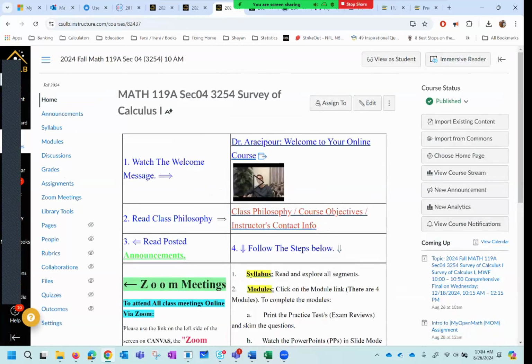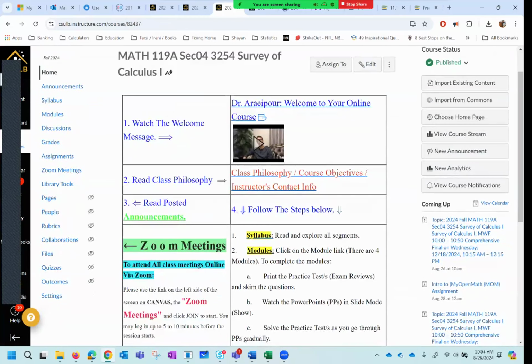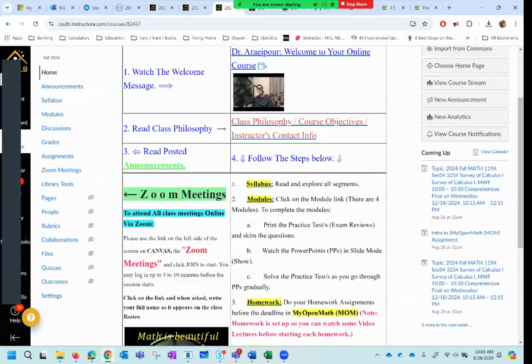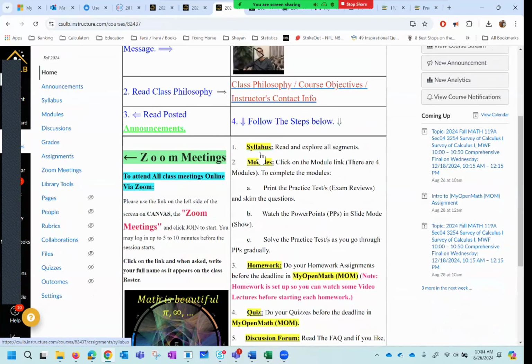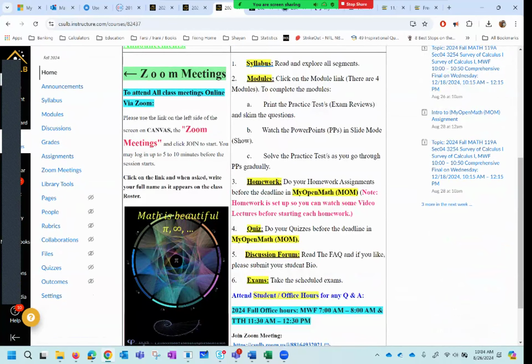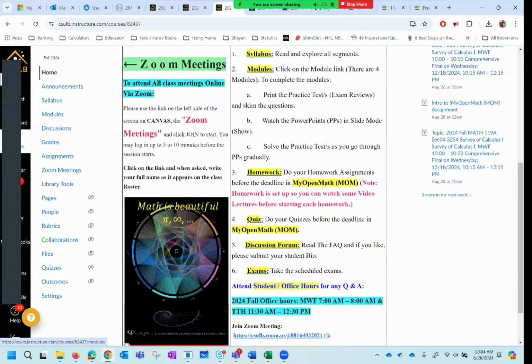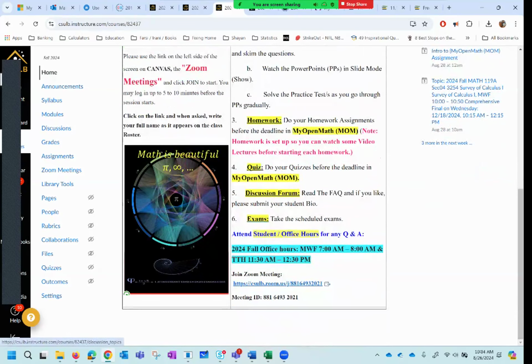Going back to the home page of Canvas. Number 4, we have the syllabus, modules. Under the modules, we can find the practice test, PowerPoints, solution to that, homework, quizzes. Then we have the discussion forums, exams, and at the end, I want to make sure I explain this to you. We have this